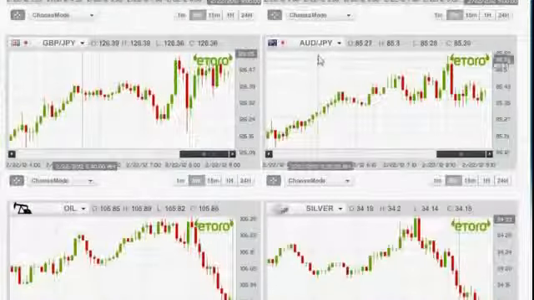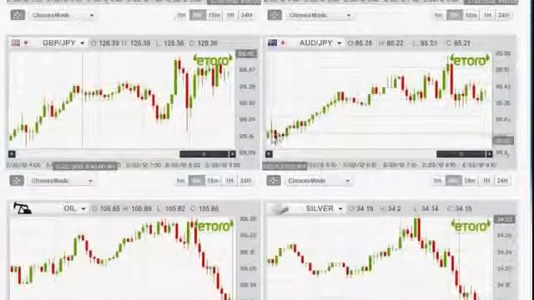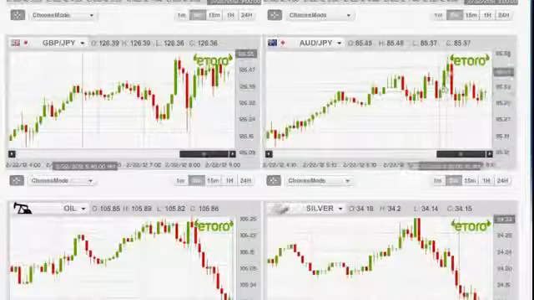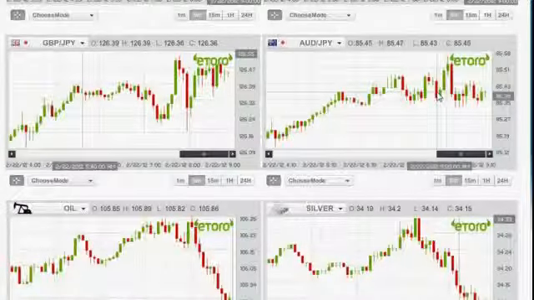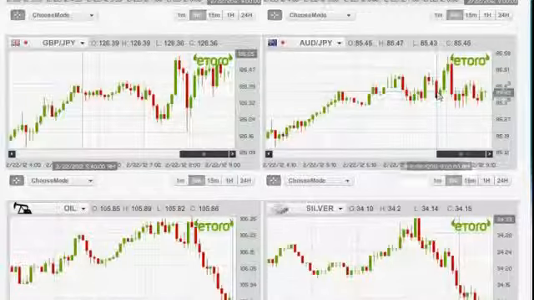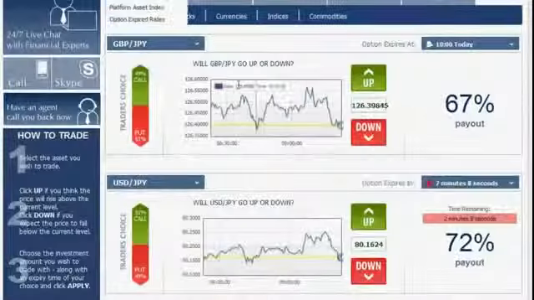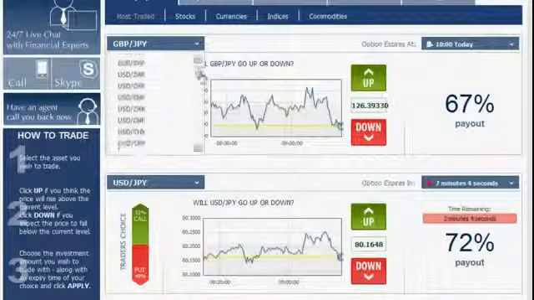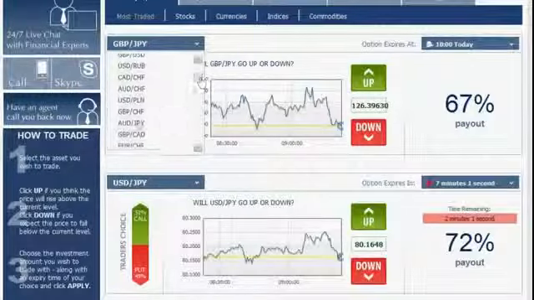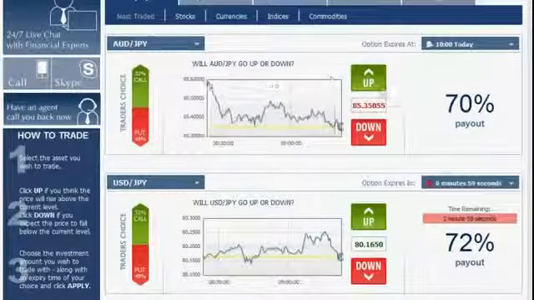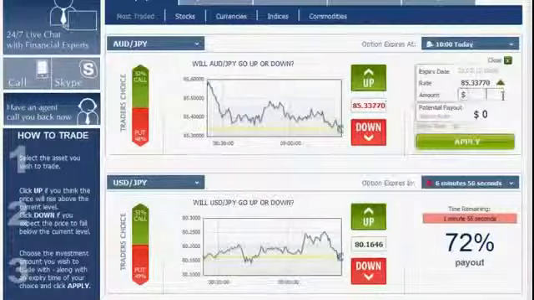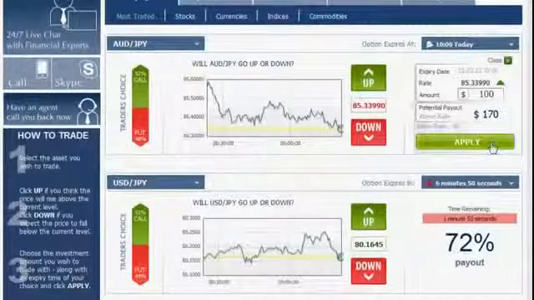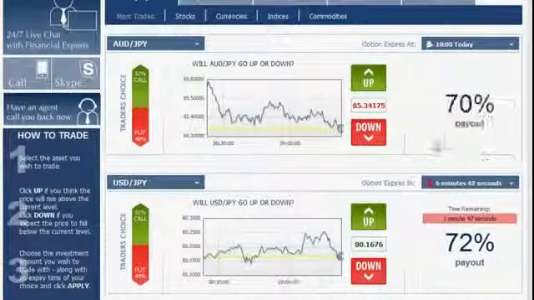We continue on to the AUD versus the Japanese yen. This as well is a beautiful upwards going trend line going from this point all the way up here. It has its low point here, but it's okay. It's clarified as an upwards going trend. We go back to the platform, choose the AUD versus the Japanese yen right here. Since it's going up, we click up, enter $100 and apply. We approve the option